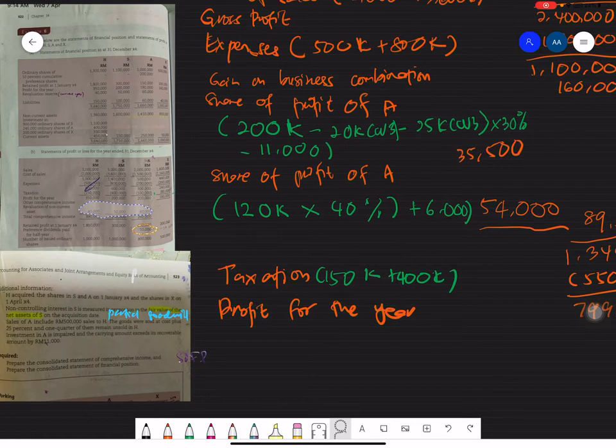So the parent has revalued the assets, so did S, the subsidiary, and also the associate company. After profit for the year, because we have already taken up the share of profit of the associate here,